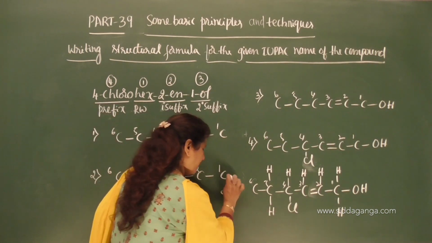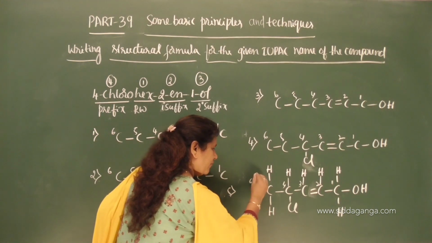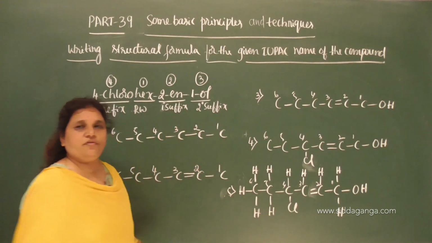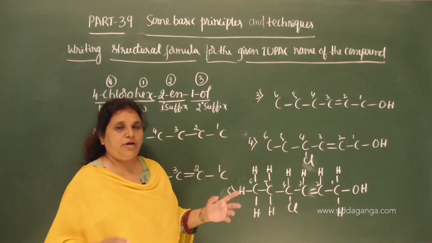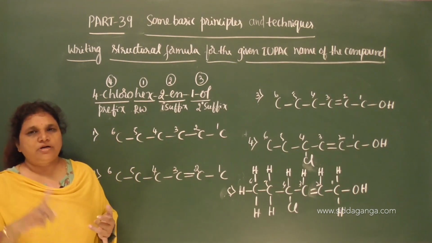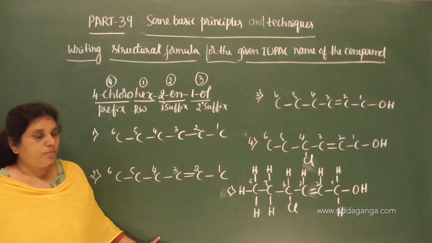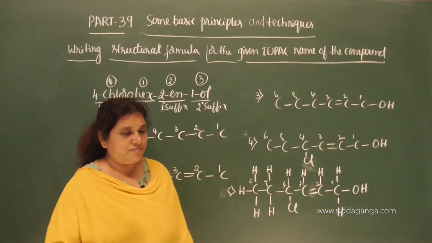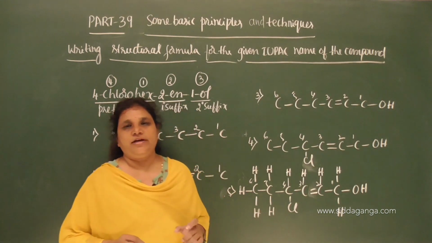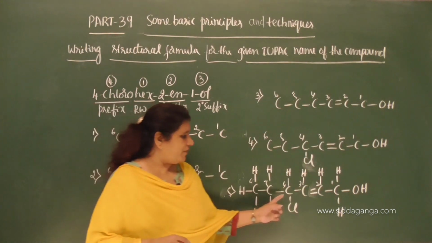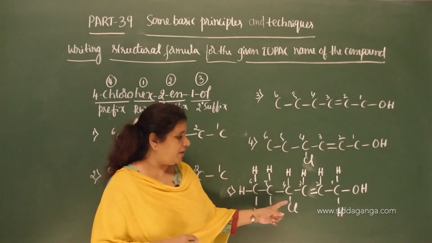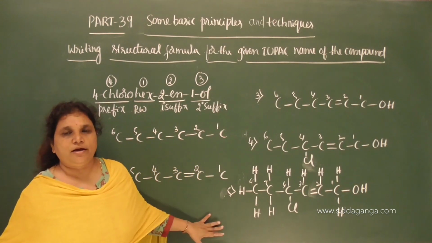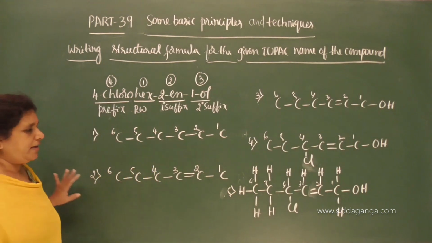So on the 6th carbon, it forms only 1 bond, so it is left with 3 valency, therefore we need to fill it with 3 hydrogen atoms. After placing the multiple bonds, functional group and the substituent group, we need to fill the carbon skeleton with the appropriate number of hydrogen atoms so that each carbon satisfies its tetravalency. So see how many bonds each carbon has formed, and satisfy the remaining valency by using the appropriate number of hydrogen atoms. Now rewrite the compound here.